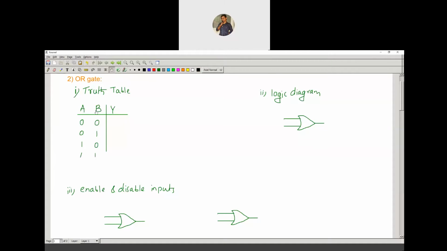Obviously, these are binary variables. So we're talking about binary. So A is a binary variable and B is a binary variable. It means A can have two possibilities, those are 0, 1. And B is also having two possibilities, 0 and 1. So with these two binary inputs, we can have 2 power 2 input combinations. There are 4 combinations. Those are 0, 0.